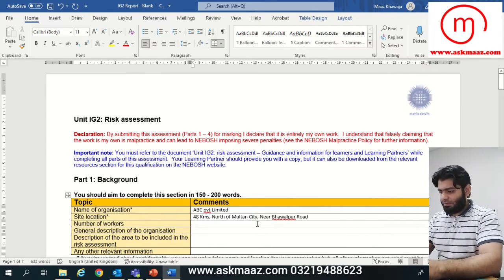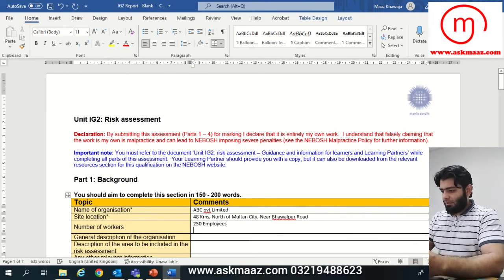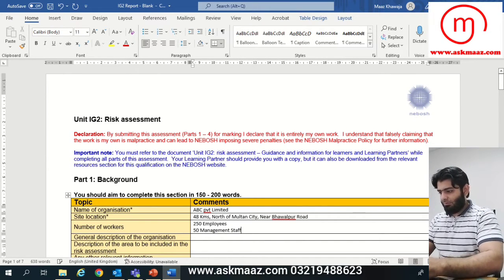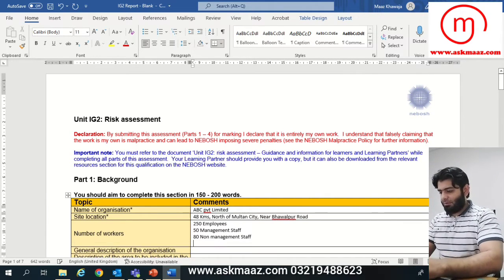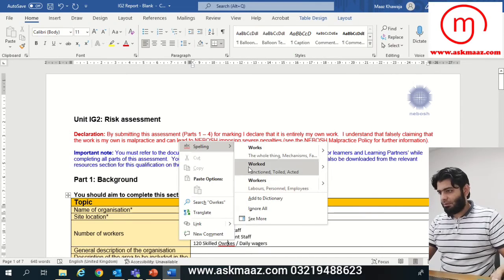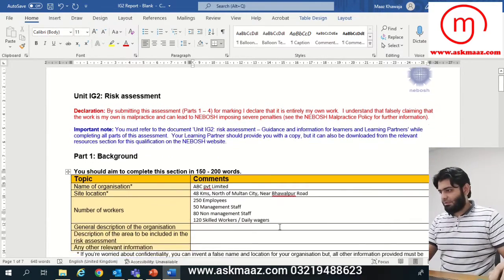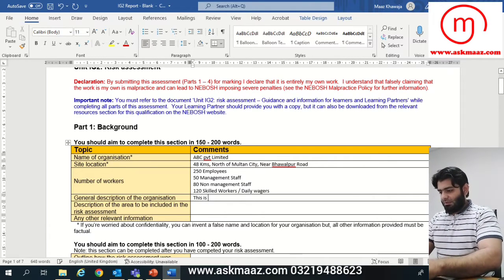And I write around 250 employees. Out of that, 50 management staff, 80 is skilled workers, or daily wages, whatever. So workers, this is the description, number of workers. And general description of the organization, this is